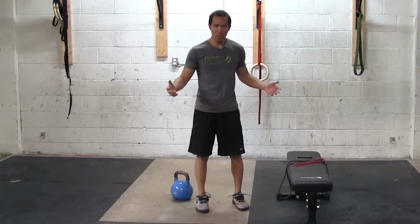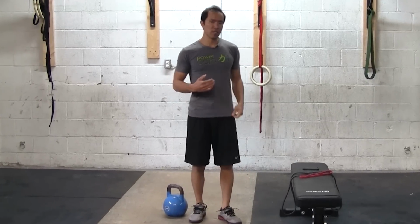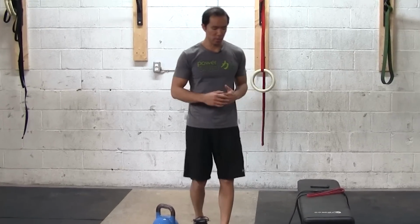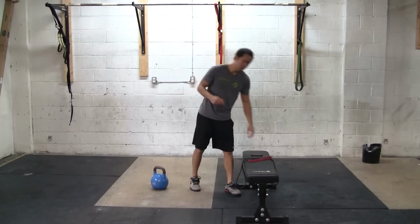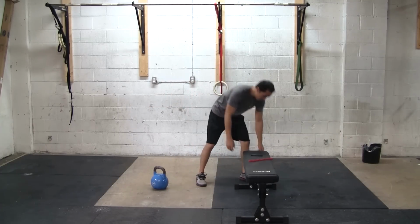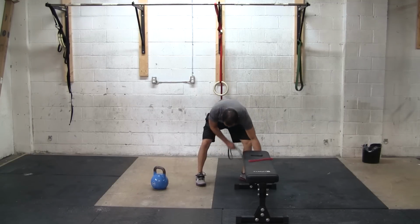Now, a lot of people say, oh, okay, when you're doing the squat, you just push your knees out. Well, if your muscles aren't strong enough to do that, or you don't have that neuromuscular connection and pathway built properly, it's going to be difficult. So we've got to trick the body or tweak the body and give it some exercises to do that properly. So a couple ways that I like to do it now. Number one, I like to go asymmetrical as well as symmetrical when I do this. So attack it